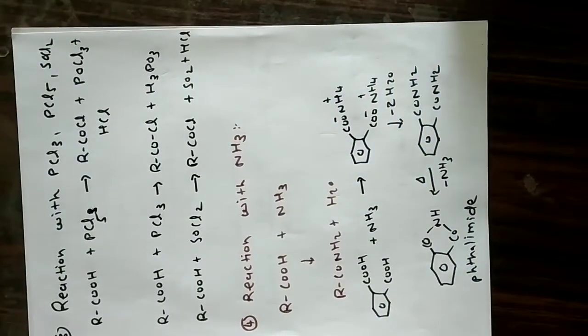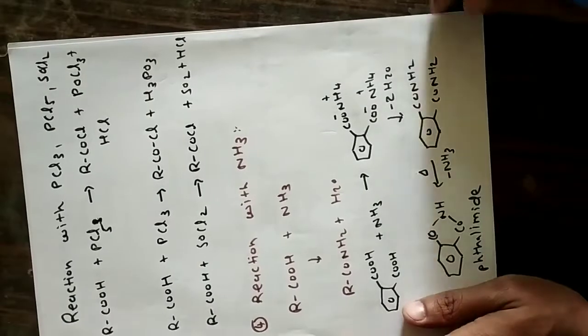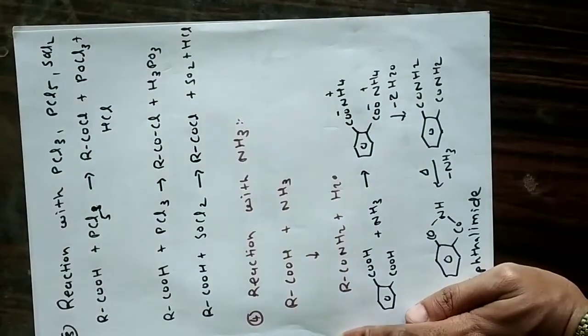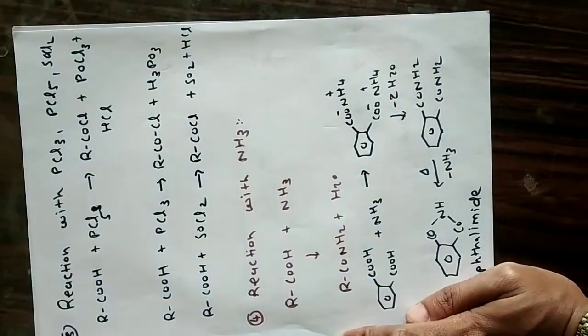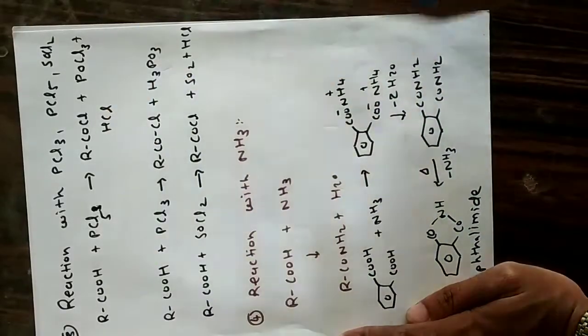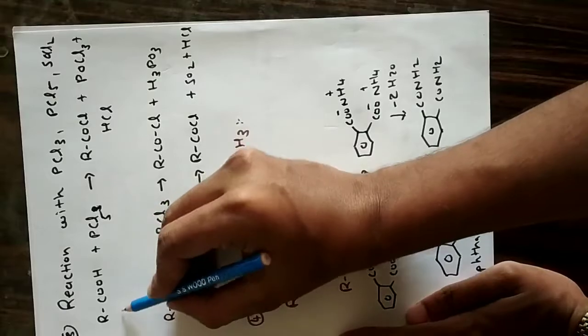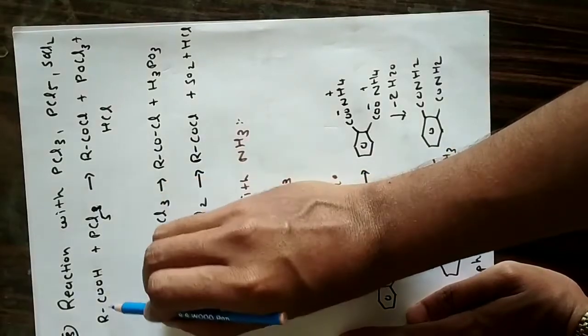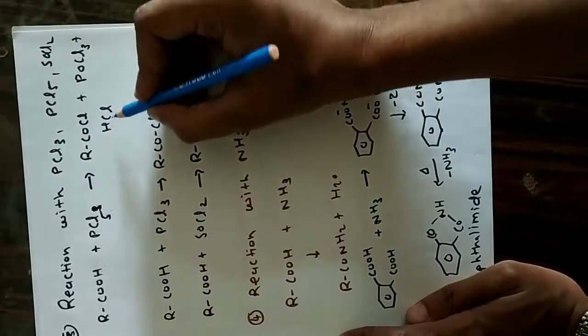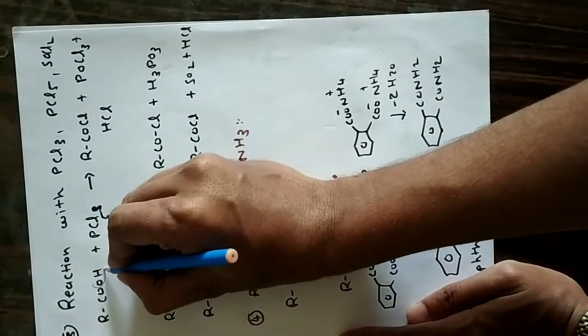Next reaction is reaction with PCl3, PCl5 and SOCl2, thionyl chloride. Now we have learned PCl3, PCl5 and SOCl2 in the 10th chapter, reaction with alcohol. Same type of reaction comes here. You can see RCOOH, that is carboxylic acid, when it reacts with PCl5, phosphorus pentachloride, what it does is remove this OH